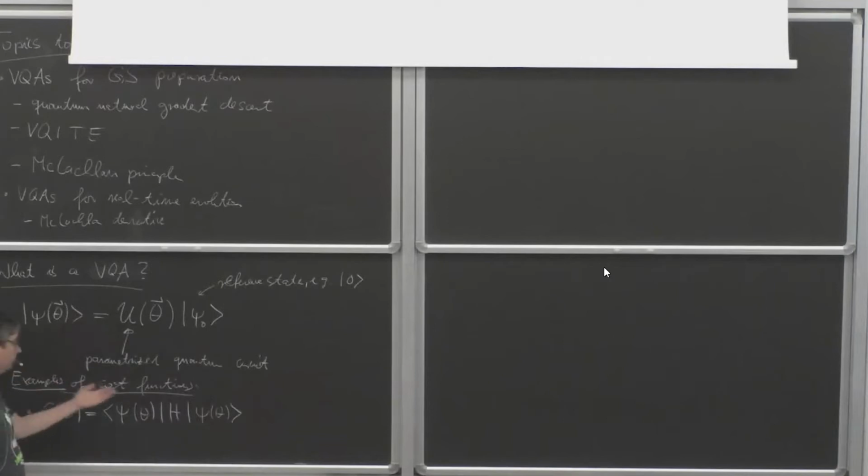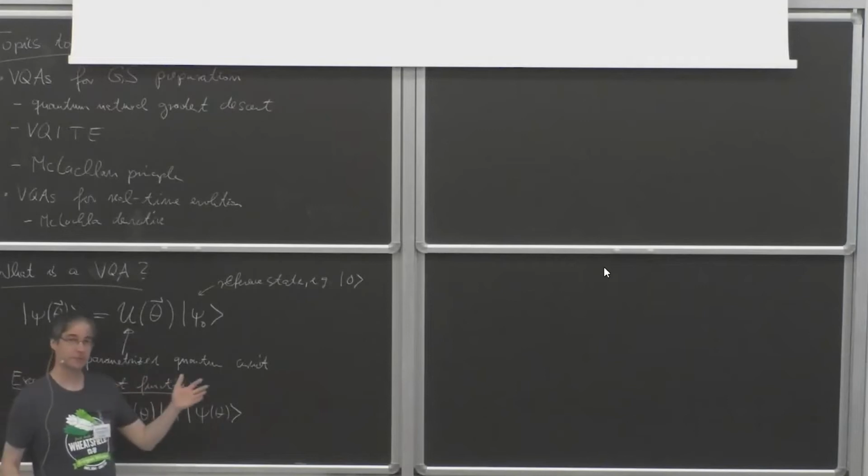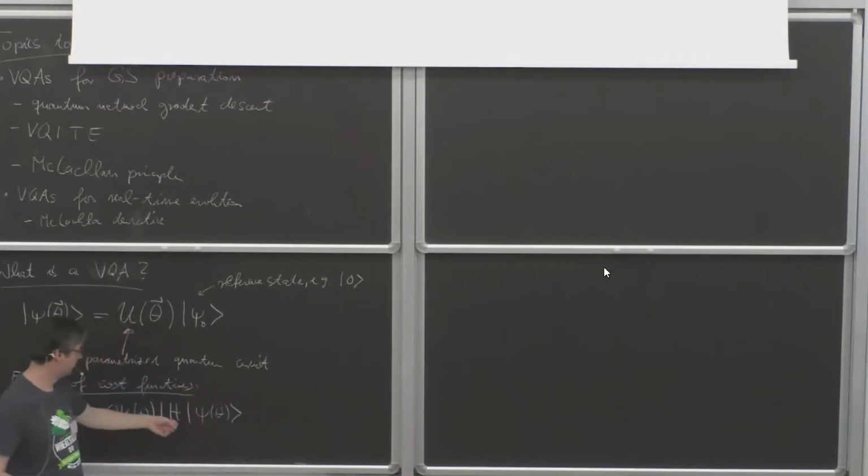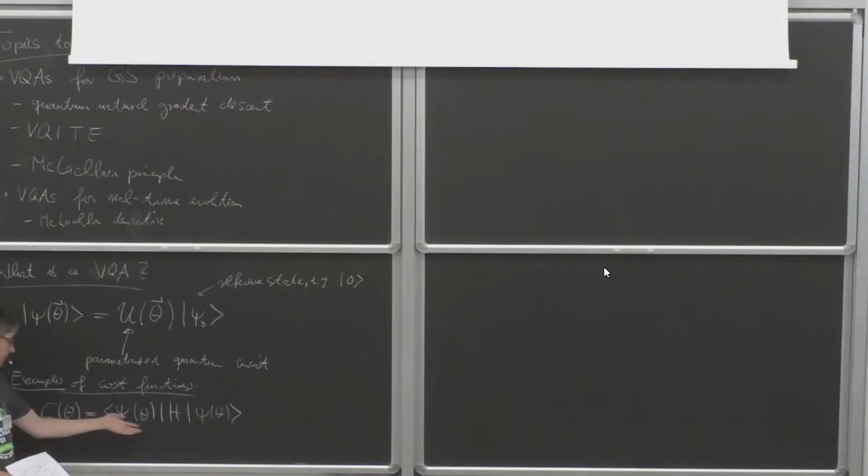It could also be bosonic, so this is very general in some sense. But I can basically evaluate a Hamiltonian, which I will translate into a sum of Pauli strings, with some coefficients that I determine classically. So the Hamiltonian is given, and then I compute this expectation value, and this is my cost function. If I then optimize this cost function, I will find the lowest energy state if I minimize it. So I will find an upper bound to the ground state energy.